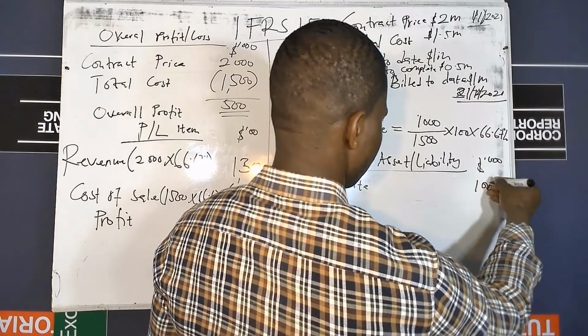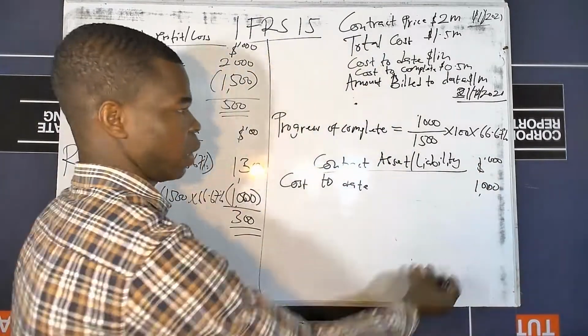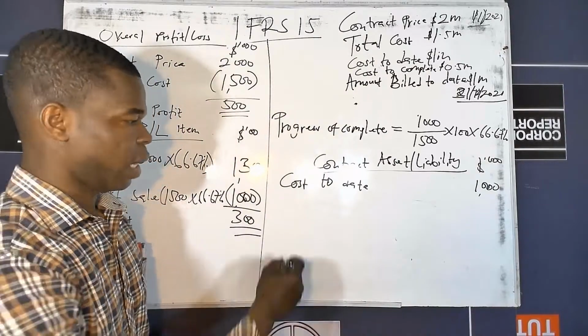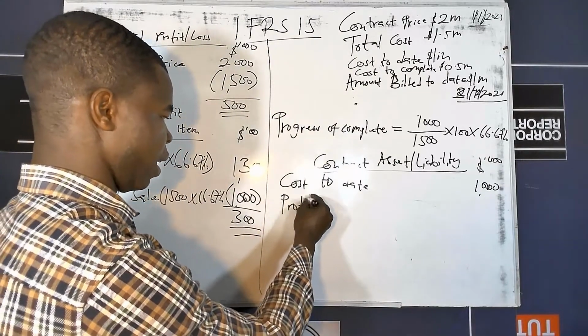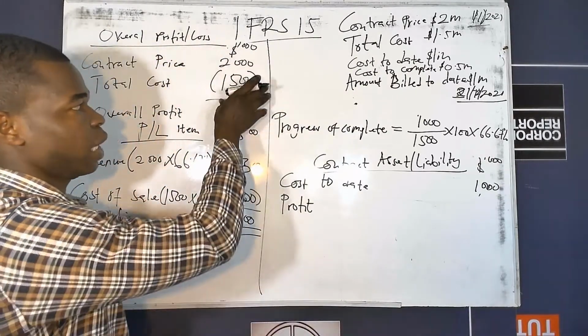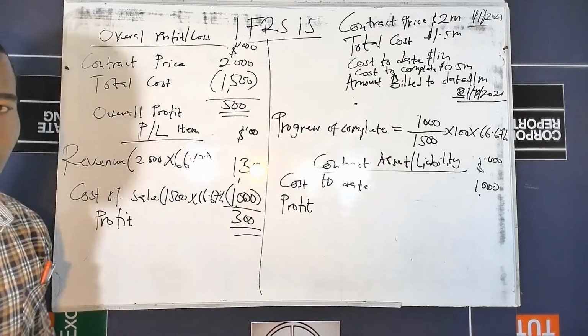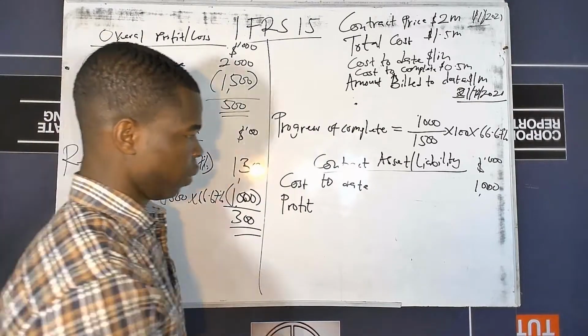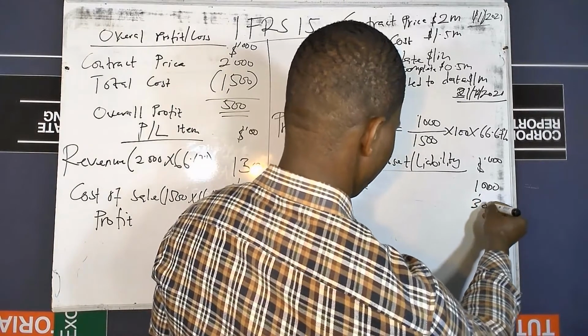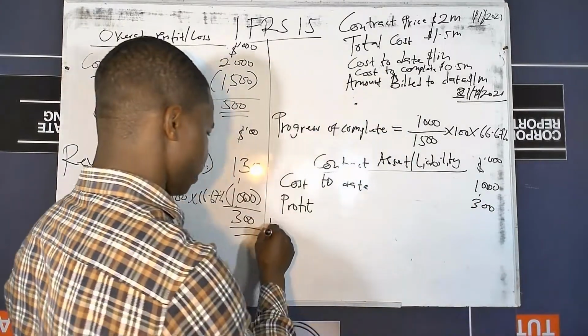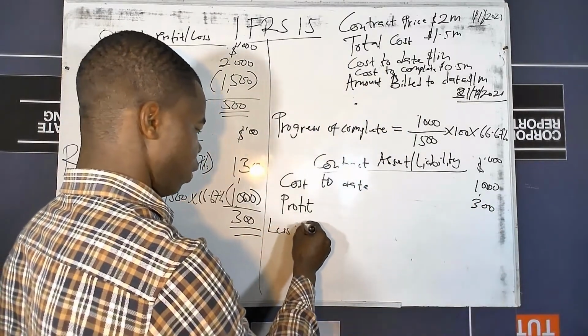So it's 1 million. So here it will be 1,000 because we are taking the 3 zeros at the top. And then our profit, we add our profit. So here we are getting a profit of 300. Please remember that it's not the overall profit, but the profit that you are going to send to your P&L account. So the profit is going to be 300 over here. And then we will less our